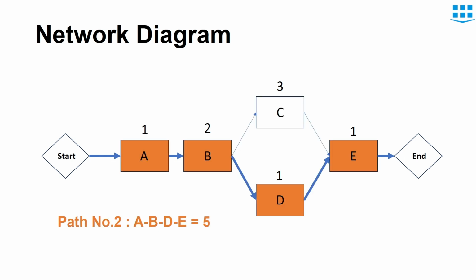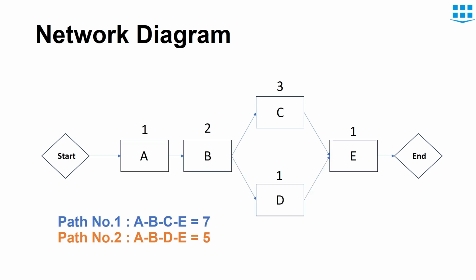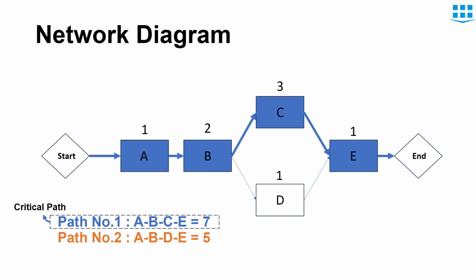Another path, we can say path number 2, is A, B, D, E. This path has a total duration of 5 days. If we compare both of these paths, we can see that path number 1 has the longest duration. And since this network diagram has only two paths, we can simply say that path number 1 is the critical